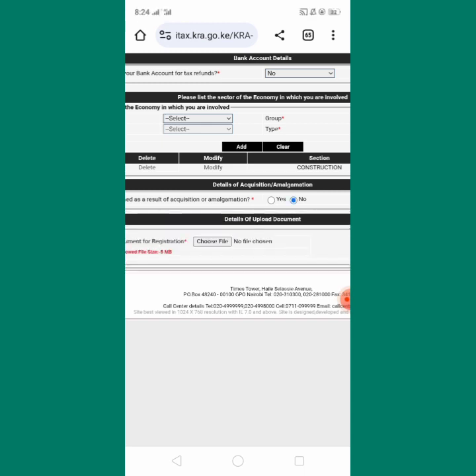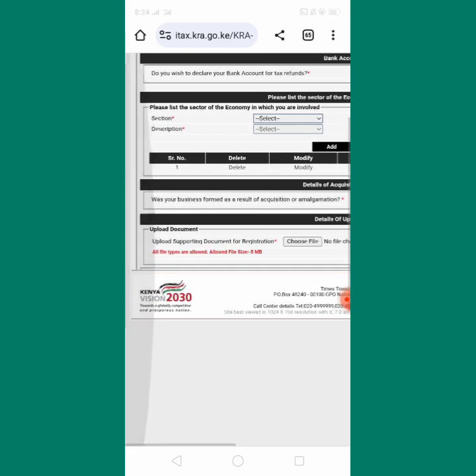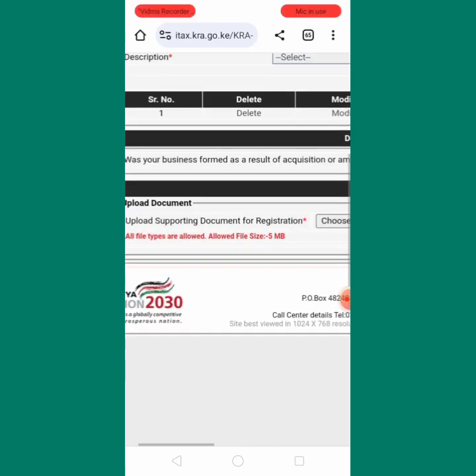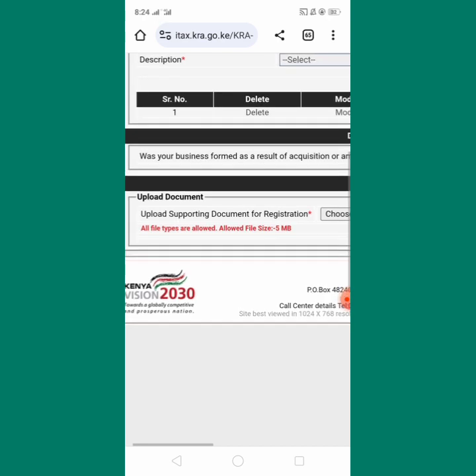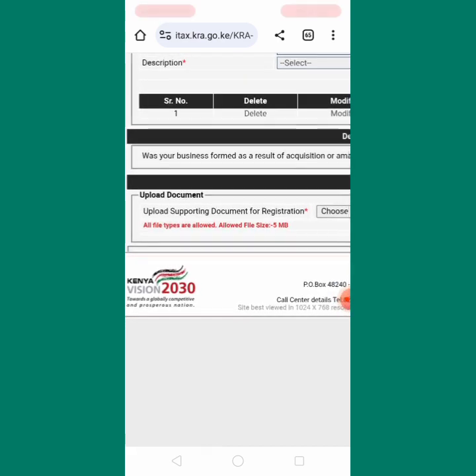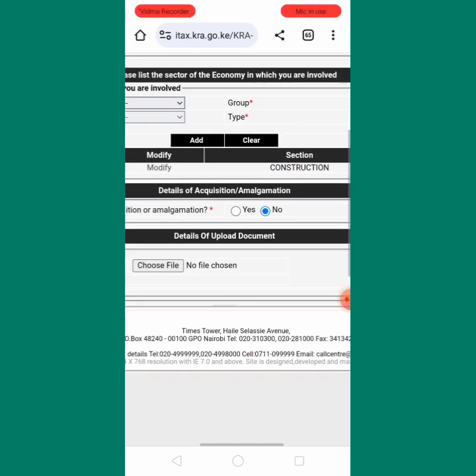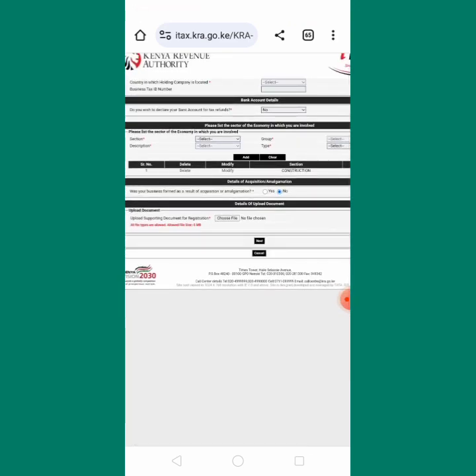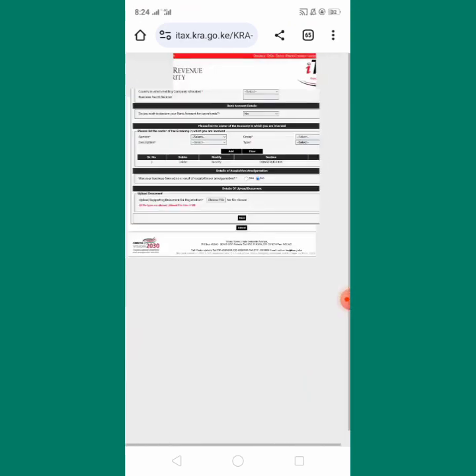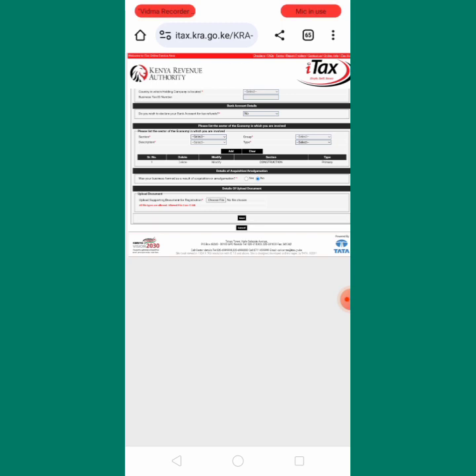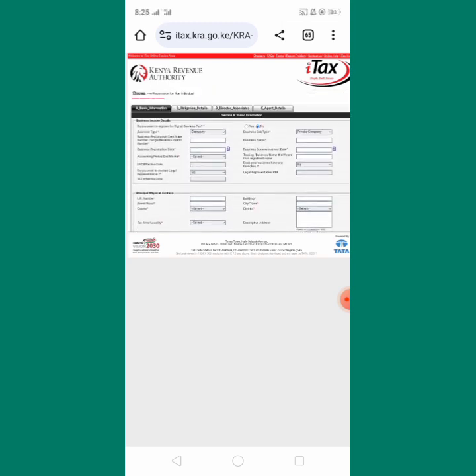And then here, they require you to upload the supporting document. In the supporting document, just upload the business registration certificate or the business permit which you have used to register for this KRA PIN. Just upload it here, and then you click next to continue. You can also just scroll up here, like this, and then you click on